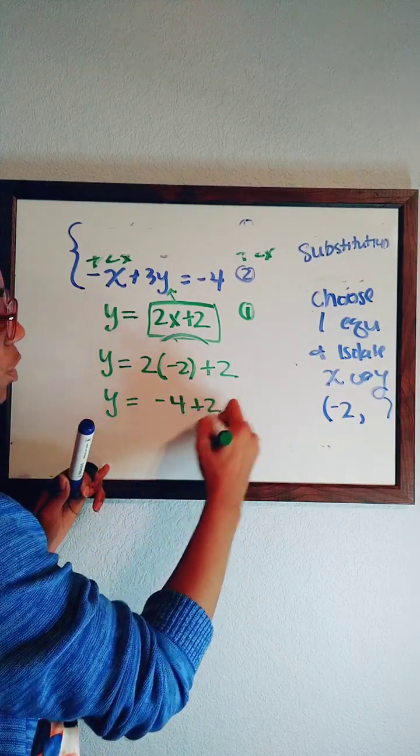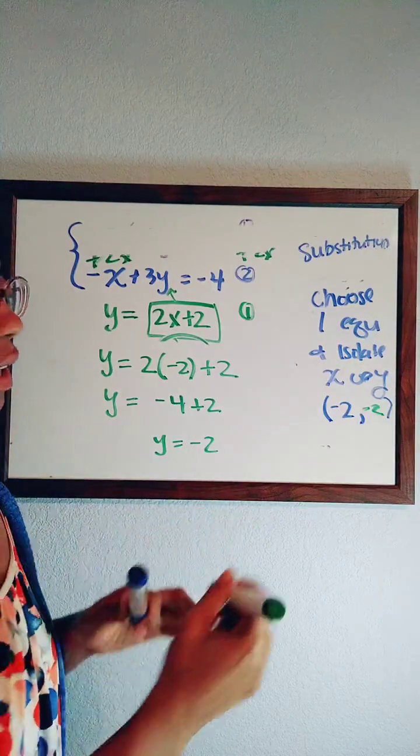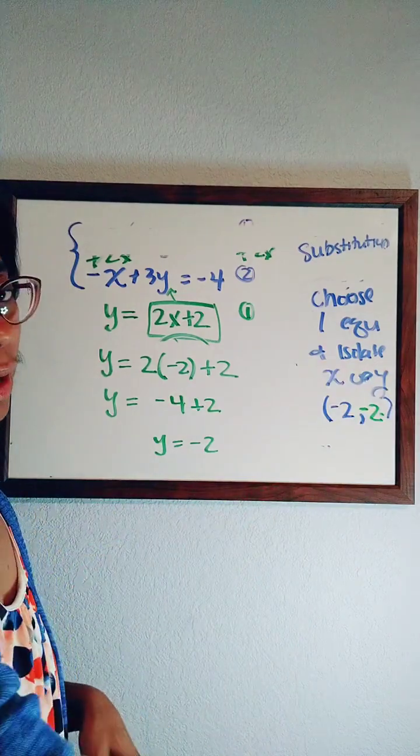Negative 4 plus 2, y is equal to negative 2. Perfect. Unless you had a graphing calculator and you could just insert it in, then you could do that. But when you do it by hand,